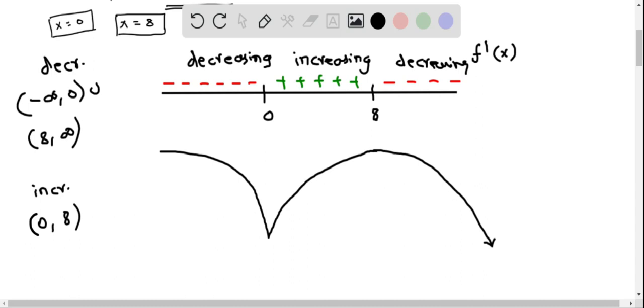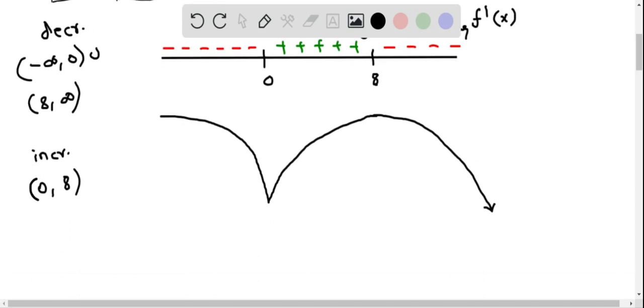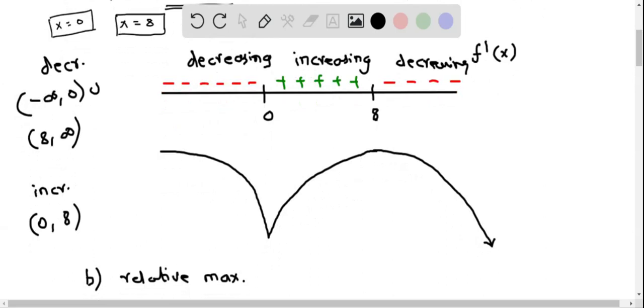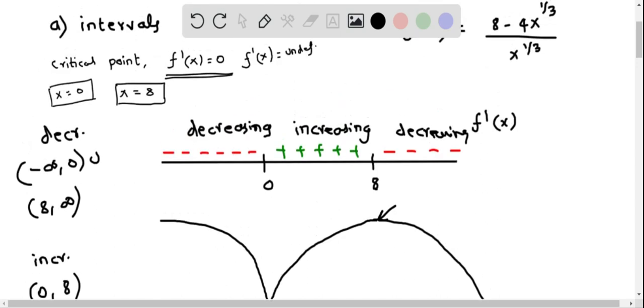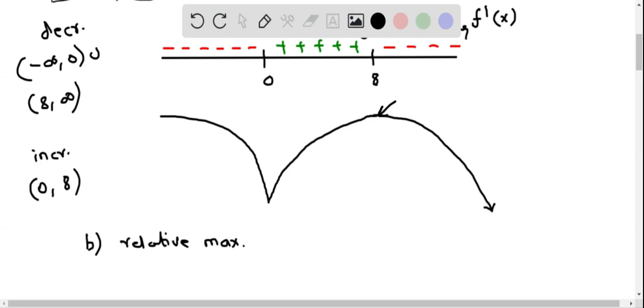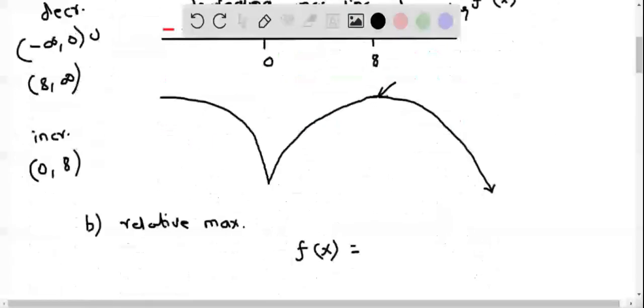Also, using this, we can determine the relative maximum and relative minimum. That is, we can answer part B, to determine the x and y coordinates of the relative maximum points. We can see from this first derivative sign chart that the function reaches the maximum at x equal to 8. That is the x coordinate. To find the y coordinate, we plug it into the function f of x, which is 12x power 2 by 3